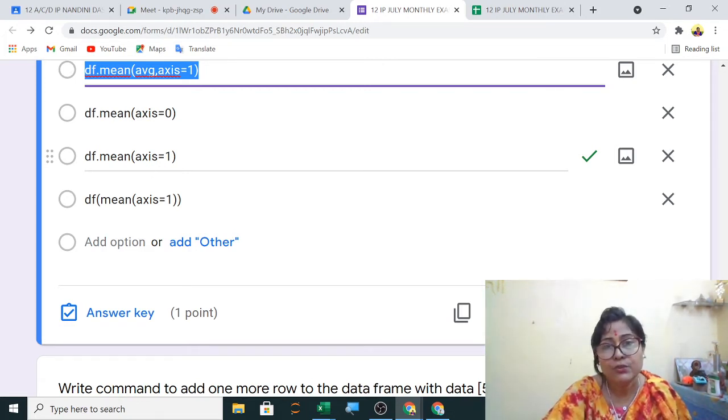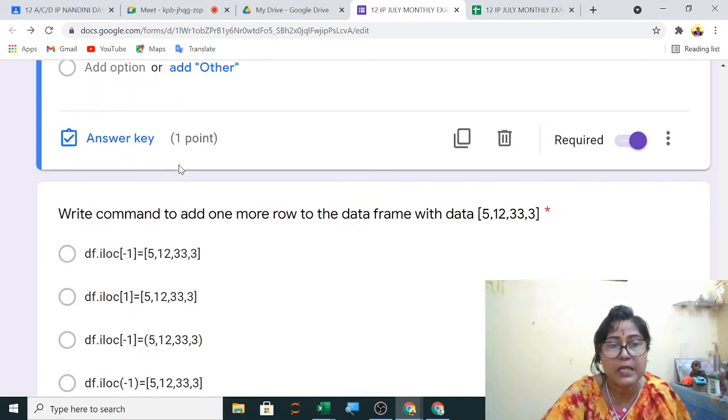This confusion is created because only in data frame attributes for every row you write axis equals to 1, whereas for all the other data frame questions, for row we write axis equals to 0, and for column we write axis equals to 1. So that's why they have given this question here. Axis equals to 1 will be correct.